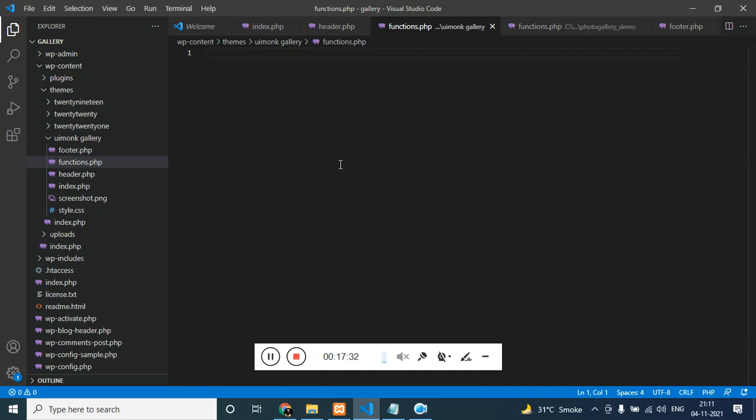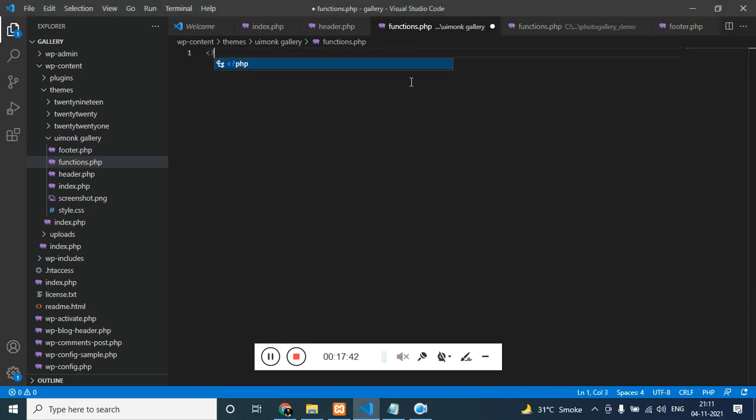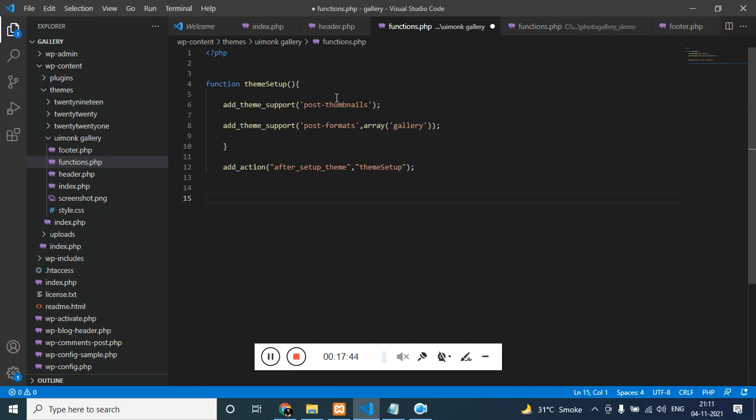So this function is going to run when we are going to attach this function to the hook. How are we going to do it? Let me show you in a minute. So now we are going to create a function called theme setup. It's a PHP file. We're going to create a function called theme setup, and this theme setup will run after setup theme. This is also a function. It is also known as hook, WordPress hook. Once this hook runs, this hook calls our function, and this function initializes the post thumbnail.